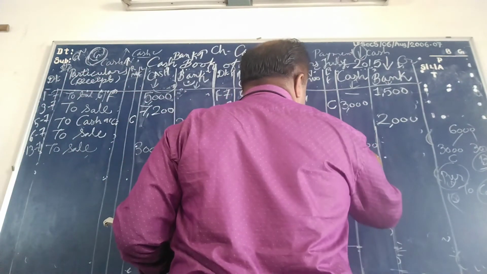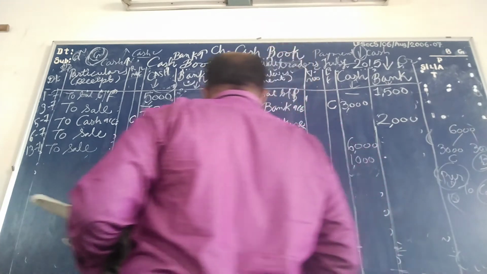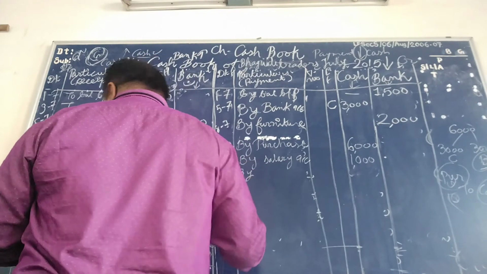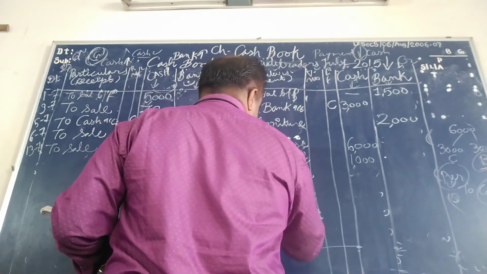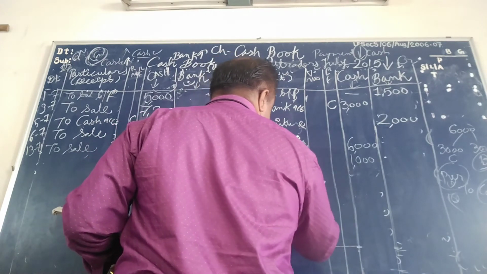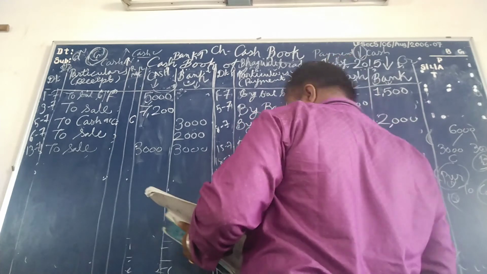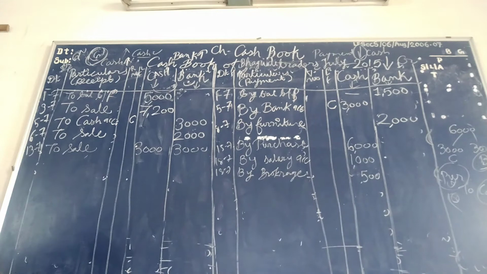$1,000 is paid in the form of cash. So in the cash column we write 1,000. Again, 18th of July, by brokerage. It is of 500. Now next one,